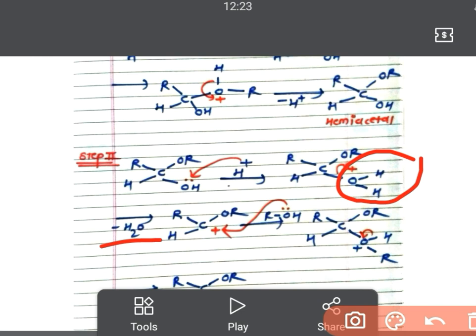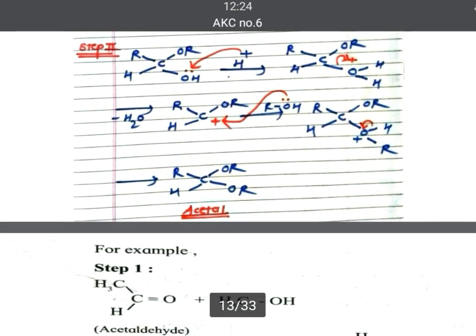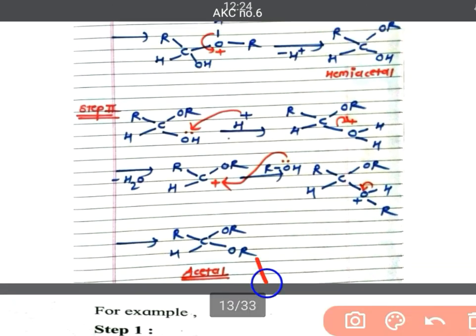In the next step comes the addition of another molecule of monohydric alcohol. Now the oxygen of this monohydric alcohol attacks the carbon and forms this structure. Here again oxygen becomes trivalent. So to remove this positive charge, the bond electron of hydrogen shifts towards oxygen and it gets removed in the form of a proton, and it forms the final structure, that is acetal. Okay,